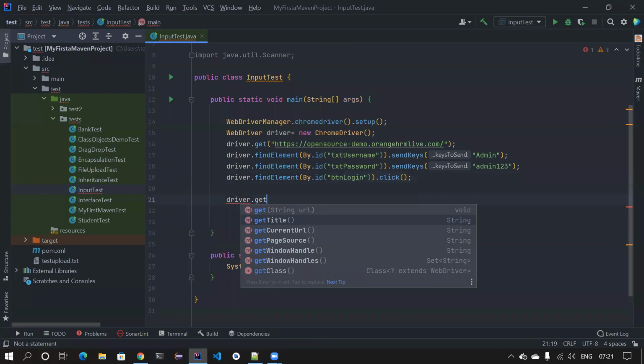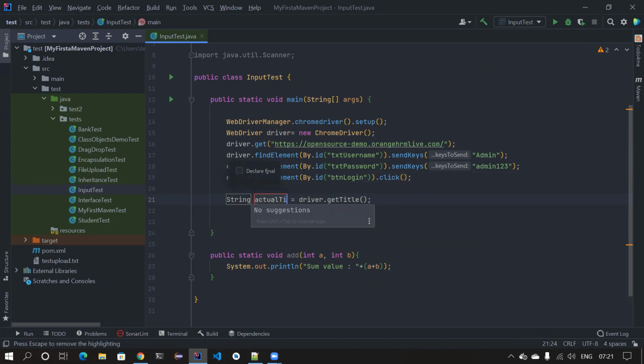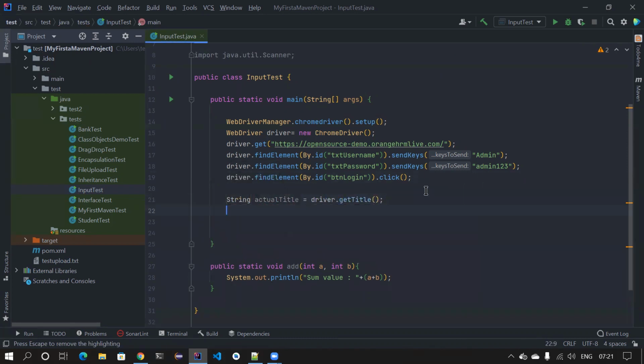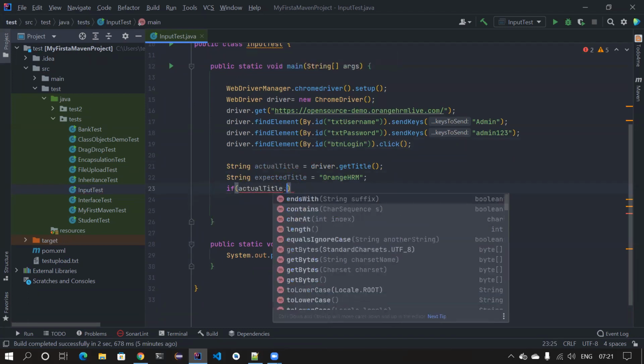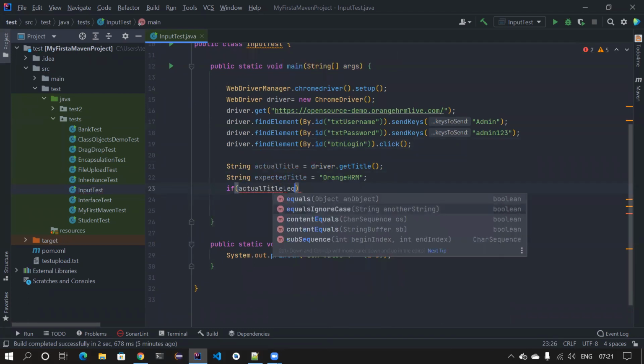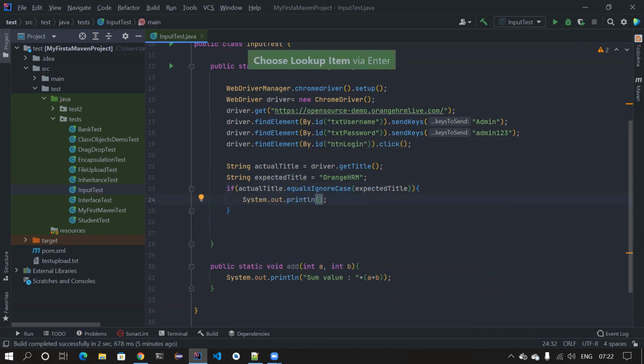There is a method called get title, which gives you a string, actual. This is the actual title that's coming. Now I want to compare it with the expected title. So this is the expected title. I want to compare these two things. Then what we will do is tell: if actual title dot equals expected title, then print test is passed, else